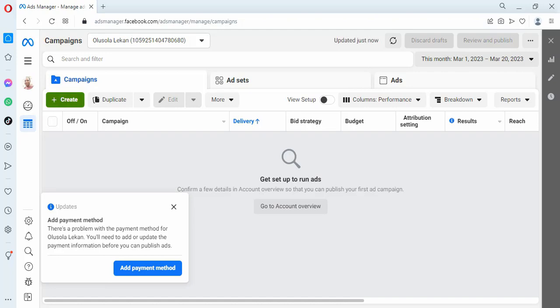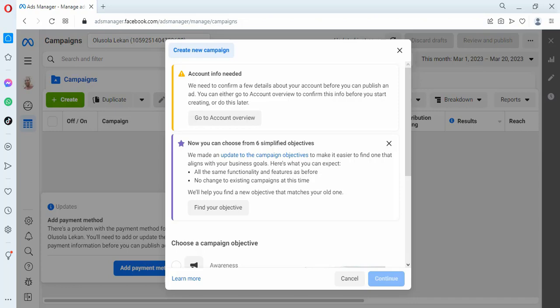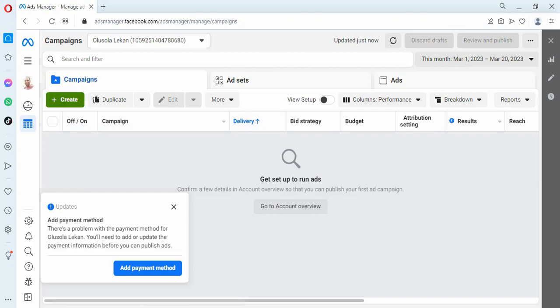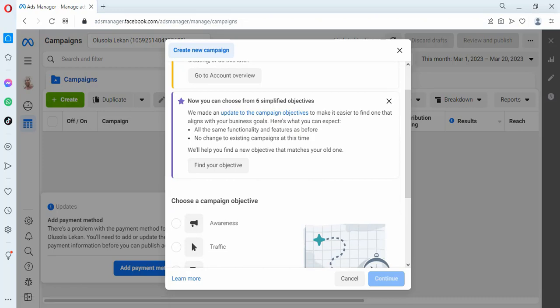All right, so let's click on create. Okay, now it's saying account info needed. We need to confirm a few details. Okay, we checked this before. We can leave it. Oh, sorry, did I close everything? No. All right, so don't worry about this. Just leave this. Now you see, now you can choose from